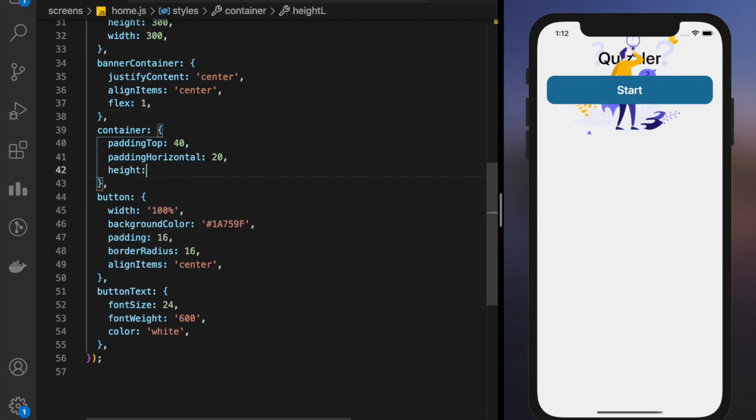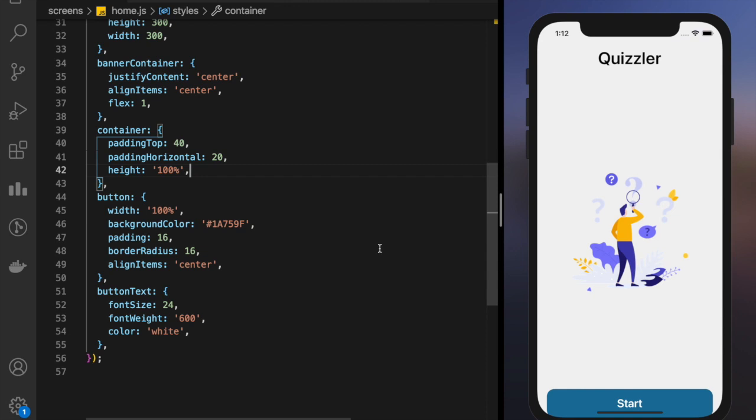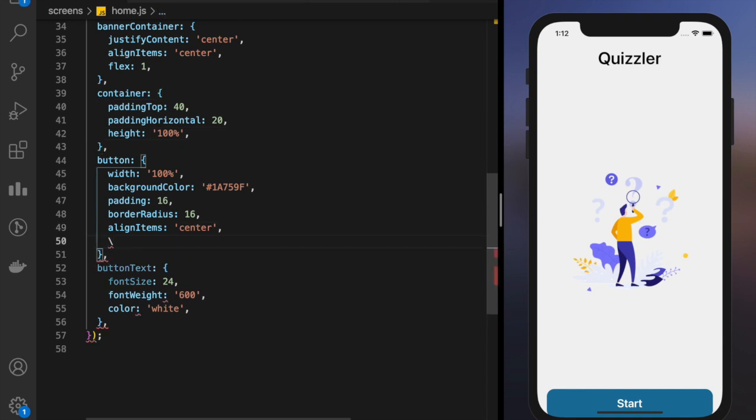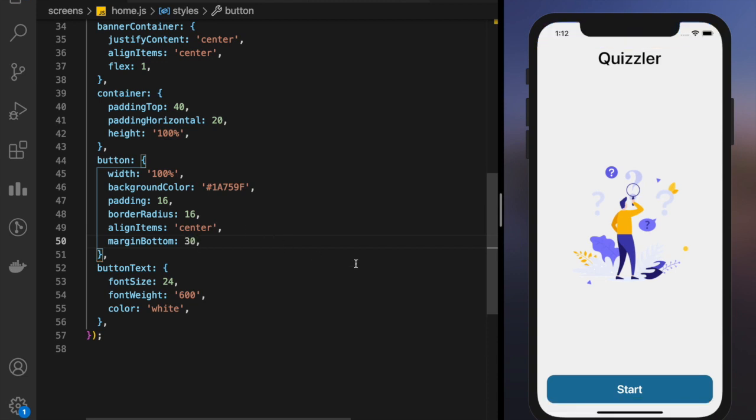In order for flex one to work, the parent should have a 100% height, otherwise it won't work. See, now it has gone to the bottom. For that we need to give it a margin bottom of, let us say, 30. Now it looks good.